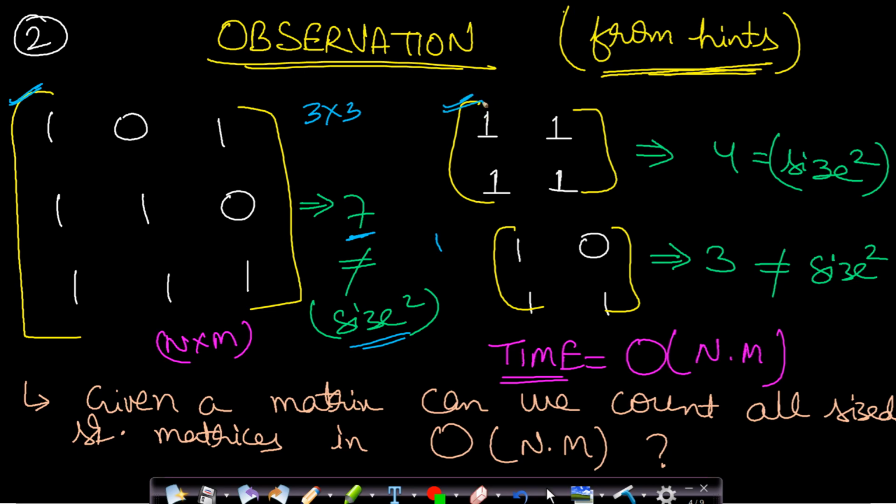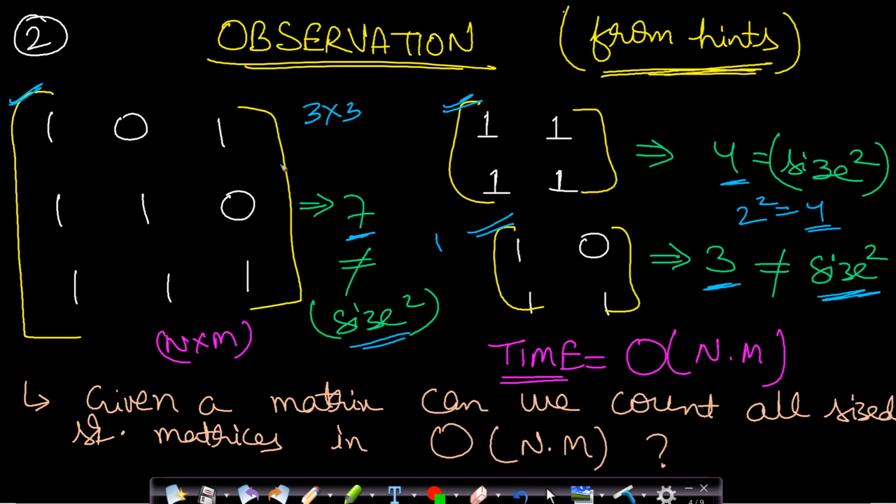Now let us say we are given this matrix. Now the sum of all the elements is equal to 4, which is equal to size square. Therefore this entire matrix will be considered in our count of number of sub-square matrices which have all ones inside the matrix. Now if this 2 by 2 matrix is given, then will this be considered? The sum value is equal to 3, which is not equal to size square, because size, which is also known as the side, is equal to 2 and 2 square will be 4. So since this is not 4, there should be at least one 0 somewhere. Therefore this matrix will also not be considered.